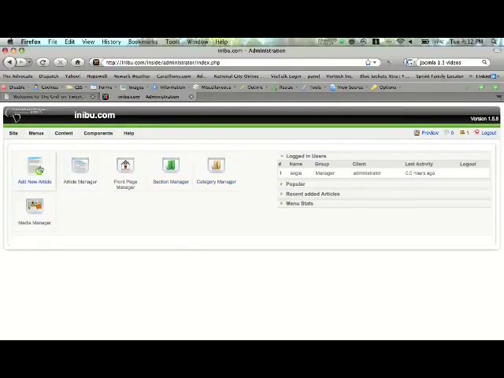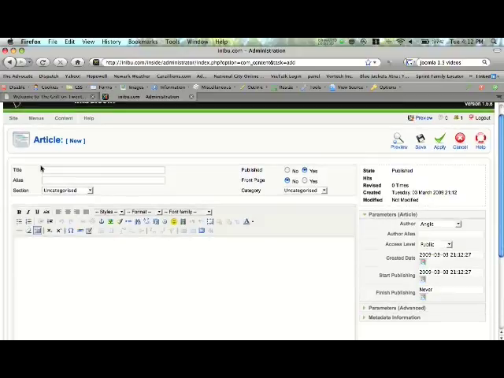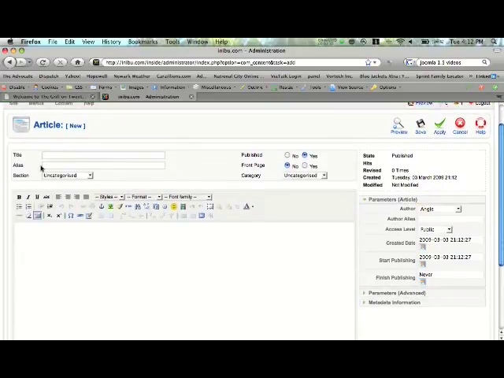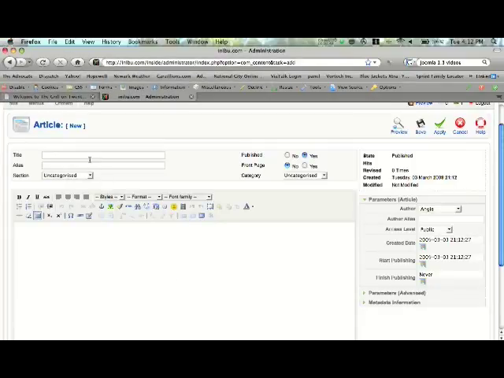To add a new article, just simply click on Add New Article. It's going to open up an area that probably looks pretty familiar to most of you if you've used any editing software or article editing software, or if you just simply use your email. Most emails have what you see is what you get editors in them as well, and that is this area down here. What you want to do first is add a title, and we're just going to put test